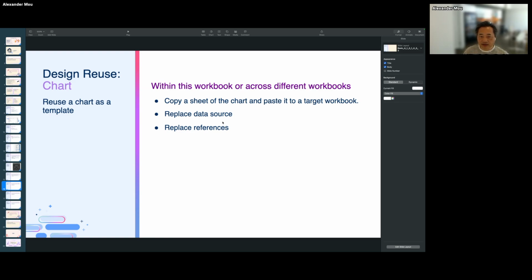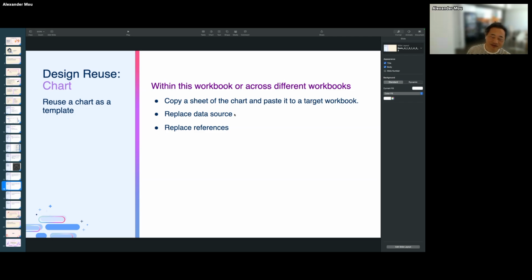Tableau already gave us a very useful function, that is replace data source. Well, we have to be careful here. We want to either modify the relevant dimensions and the measures to be identical between the original chart and the new chart and the new data source.